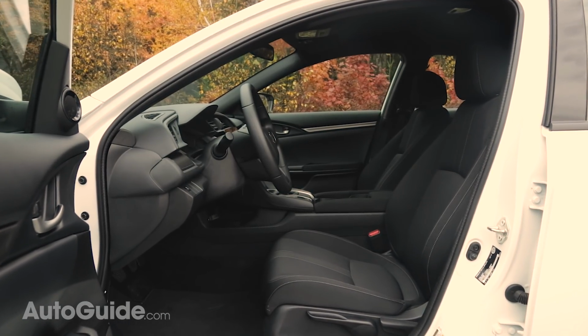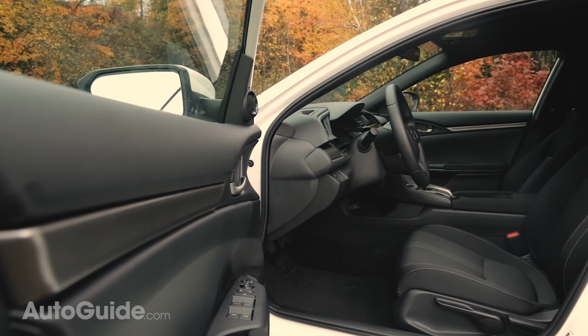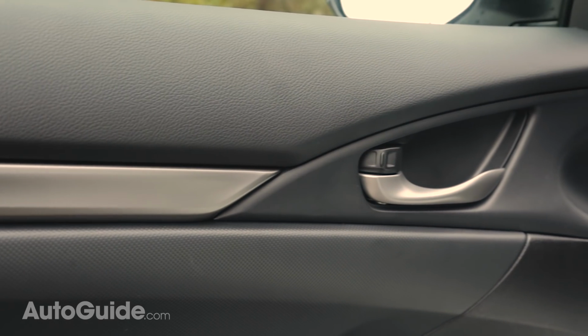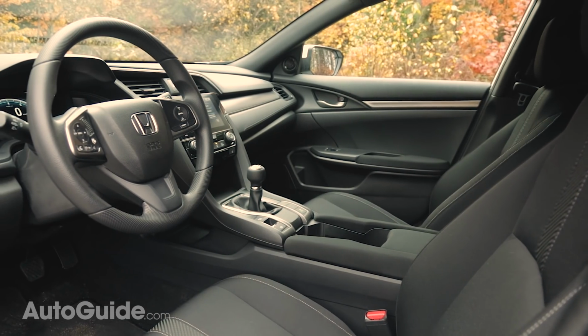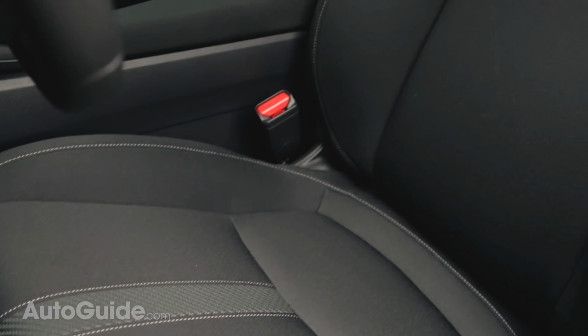As much as the Civic's cabin features a clean layout, there's not a whole lot in here in terms of soft touch materials. Plenty of hard plastic on the door panels, the dash, even the steering wheel isn't the best feeling out there. Same goes for the seats. The cloth feels kind of cheap. The seats are pretty supportive. There are bolsters to keep you in place,